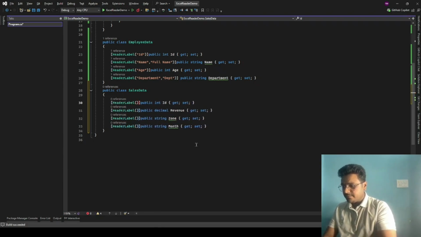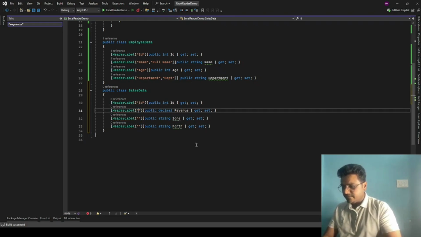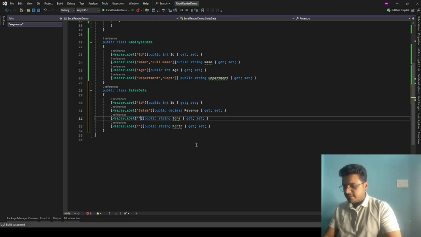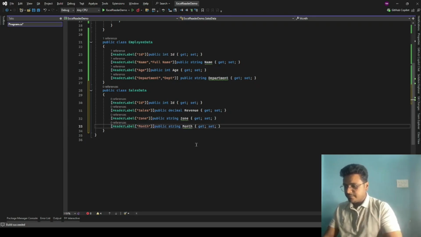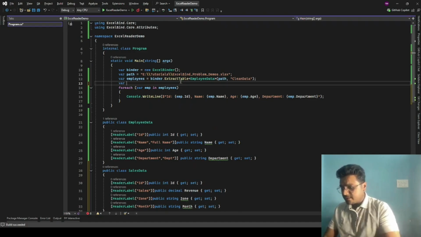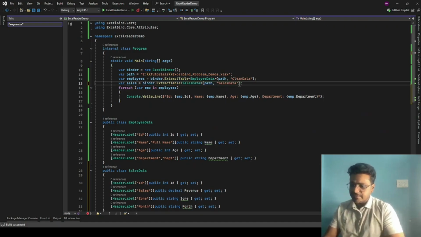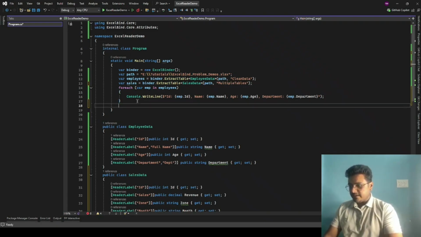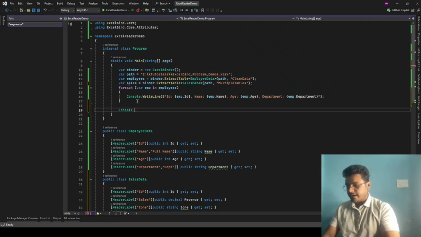For the header label, inside this we can simply write ID. Then we have sales, then we had this zone, and then we had this month. All set. With the same binder we can use sales data binder dot extract table, and this time sales data and path, and the name of the table. I use multiple tables, and I will say console dot write line,